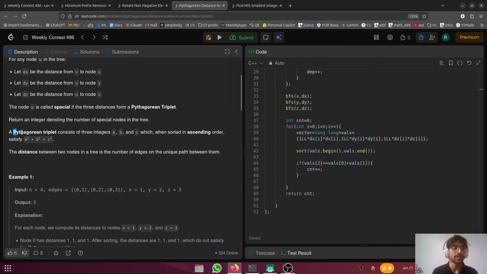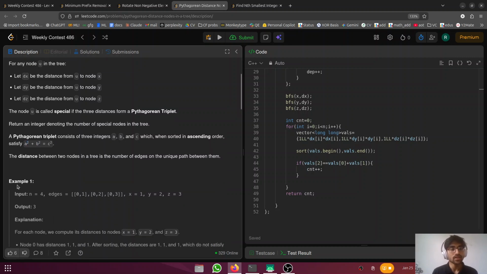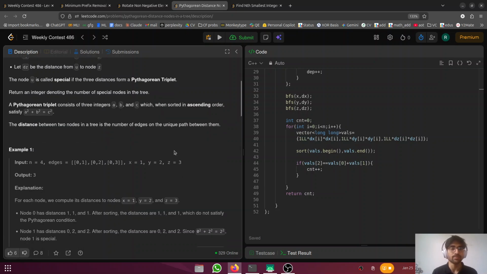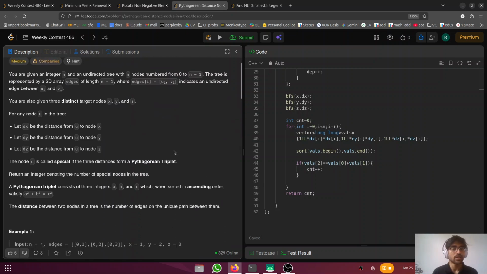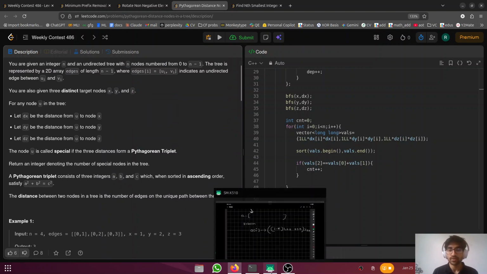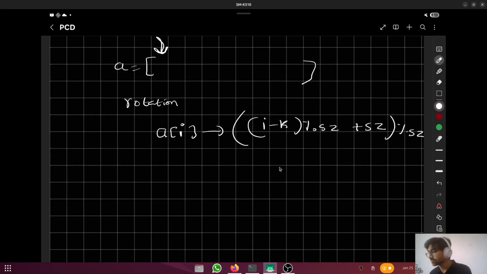So basically, a Pythagorean triplet is any three integers a, b, c which, when sorted in ascending order, satisfy the condition a square plus b square equal to c square. And the distance between two nodes in a tree is the number of edges on the unique path between them. And that is the question. So coming to the explanation,